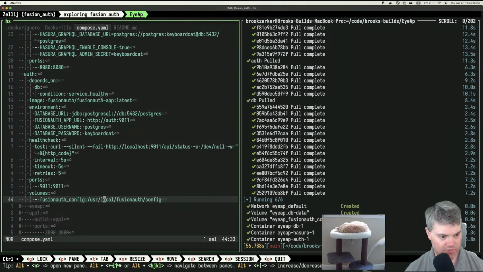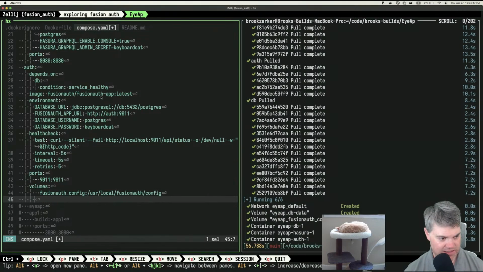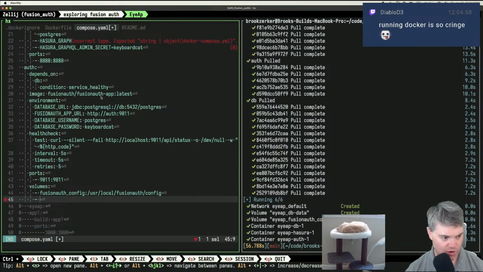I guess I'm already doing a volume. Oh, that's a volume into a volume container, not a volume to my system. So yeah, I don't know. How do I want to do this? I might as well just do the volume and take the hit. So